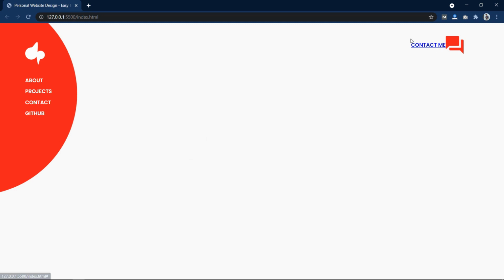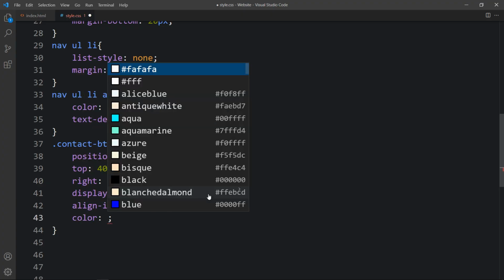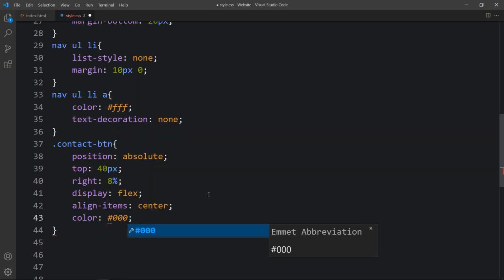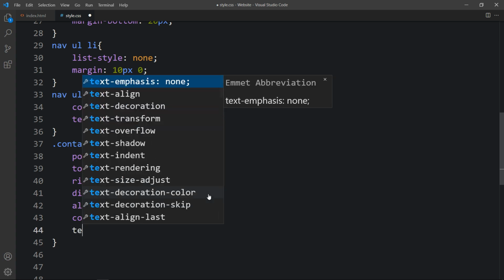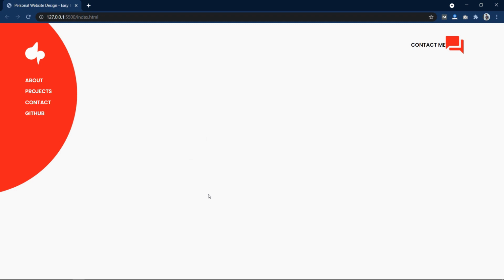Next we have to change the color of this text. Here we will add color 000, which is black, and text decoration, it will be none. Next we have to reduce the size of this icon, and we will also add some space between the icon